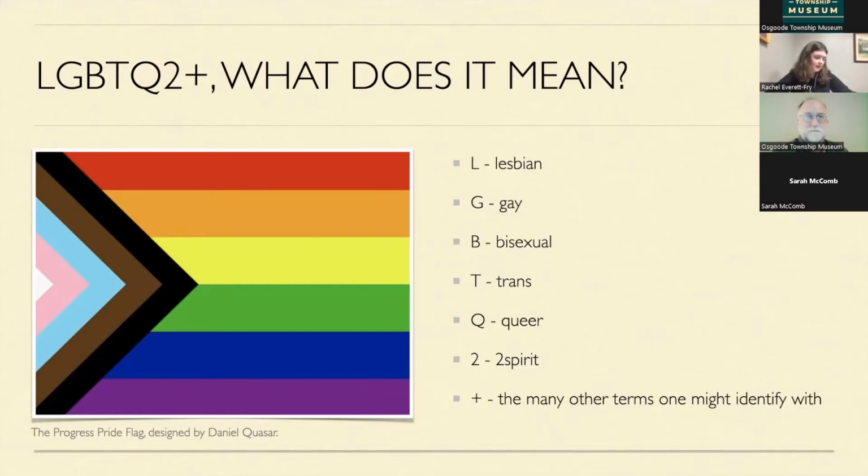Trans is an umbrella term that refers to folks who identify with a gender identity other than that which they were assigned at birth. So people who identify with the category they were assigned at birth are referred to as cisgender. There is an array of gender experience and expression beyond cisgender, which includes folks who transition medically and or socially from the gender they were assigned at birth to the opposite gender, those who identify as non-binary, so not strongly identifying as either man or as a woman, gender fluid, so at times identifying more or less with either category,